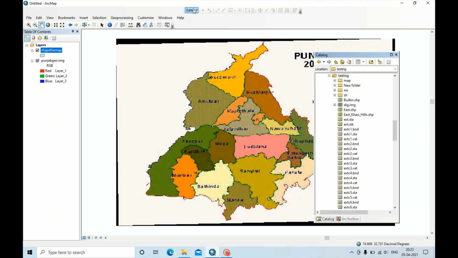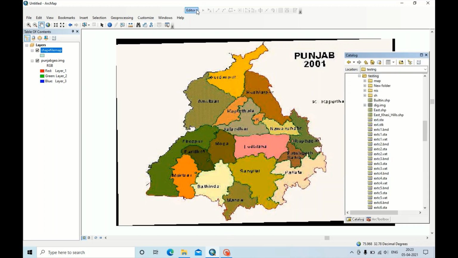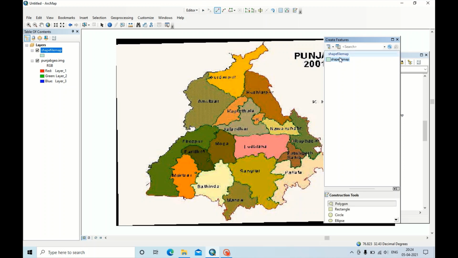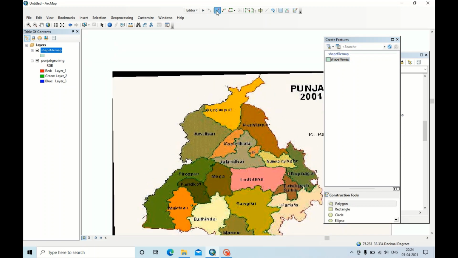Now click on editor, start editing. Now click this button, create features, click this, click polygon. Now use this straight segment.